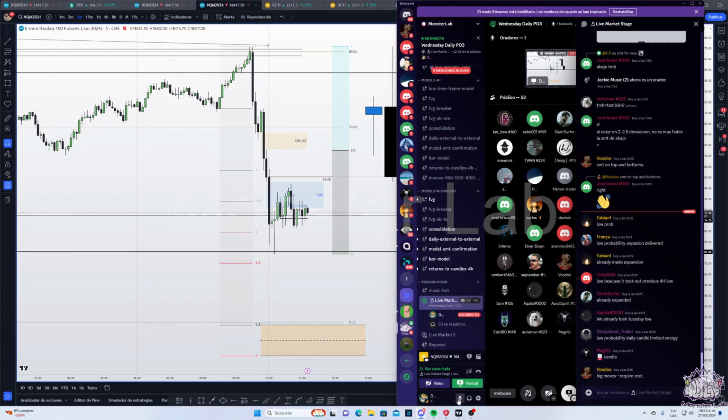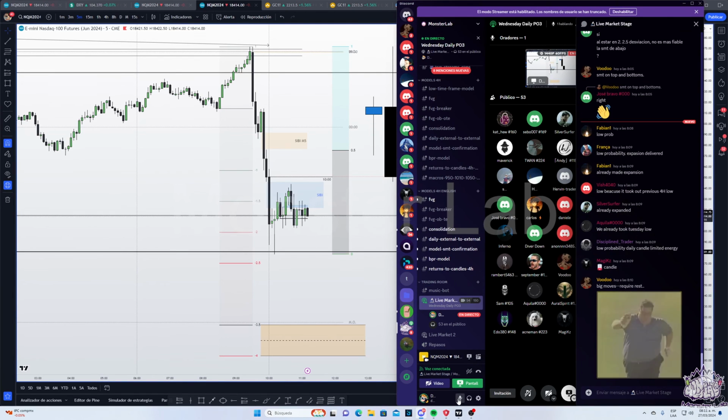It's more probable one consolidation. Exactly, Voodoo. So price needs one rest, and this rest is one little consolidation to continue in the next expansion move